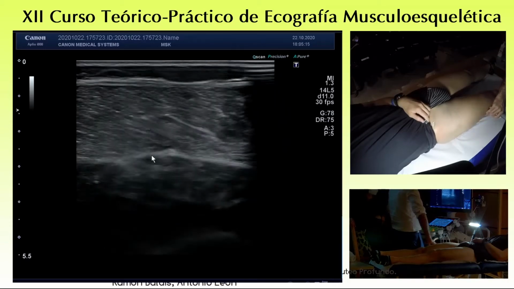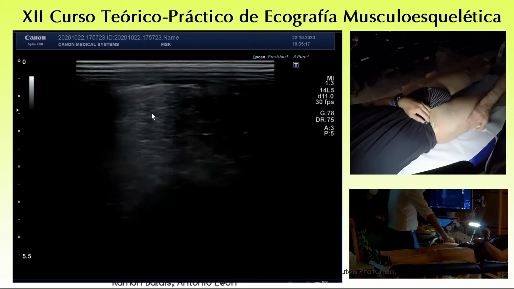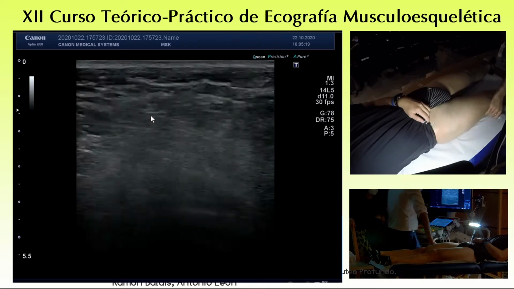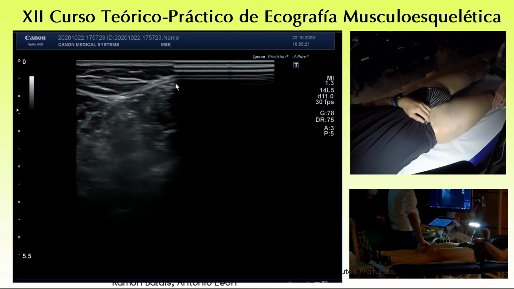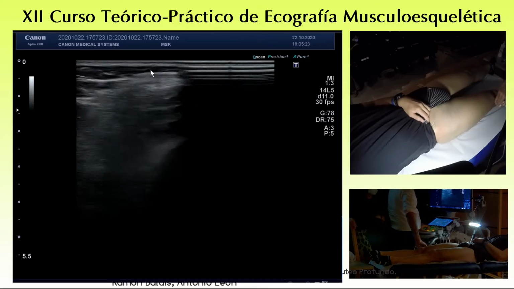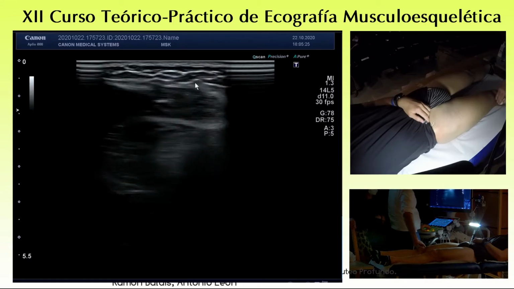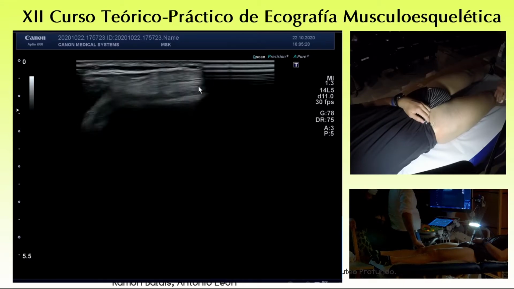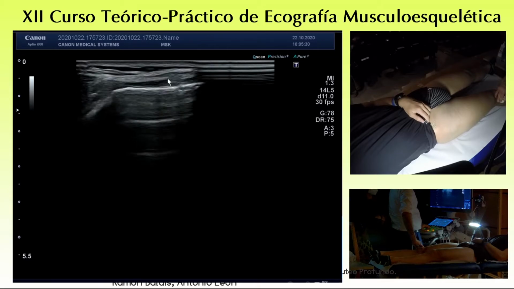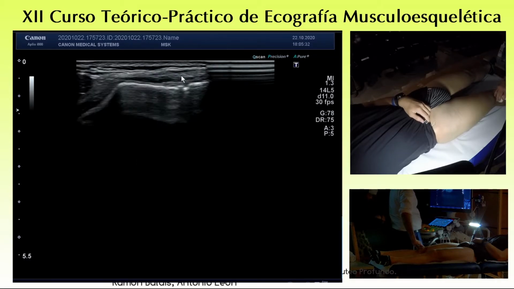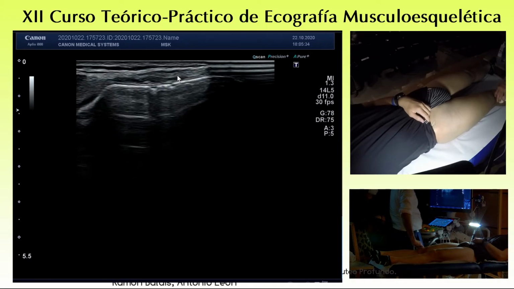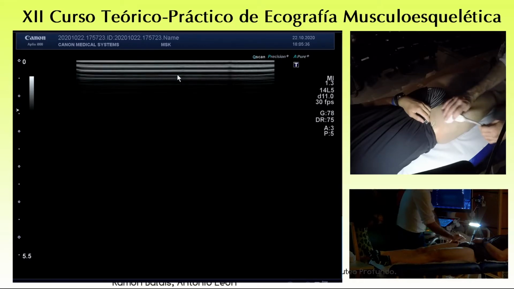If we go distally, we see here the fasciae latae, going very close to the lateral condyle at this point. This is another point of possible pathology of the fasciae latae. We go back,